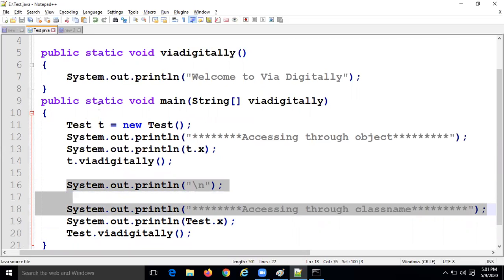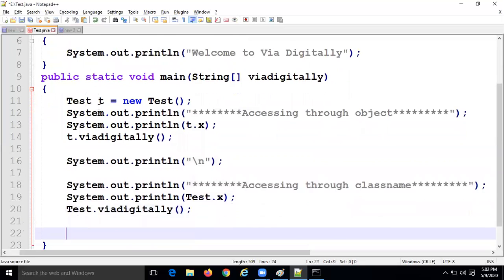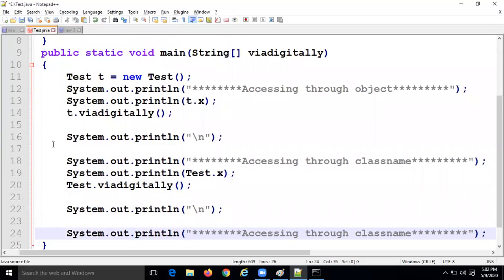So the last point is, without the class and object also we can access it.